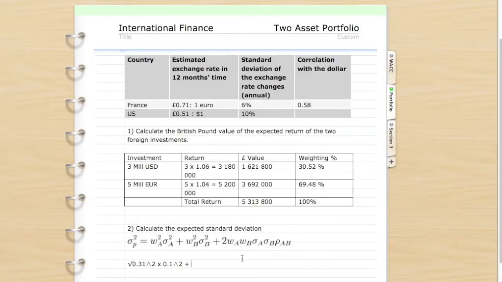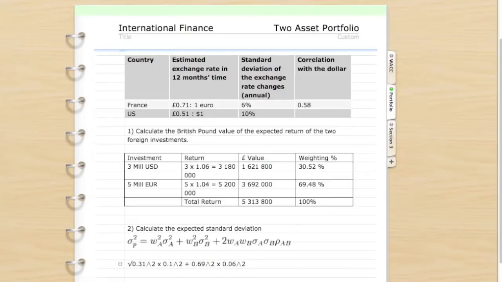So we have a weighting of 0.69, 0.69 to the power of 2 times the standard deviation in France, which is 6%, 0.06